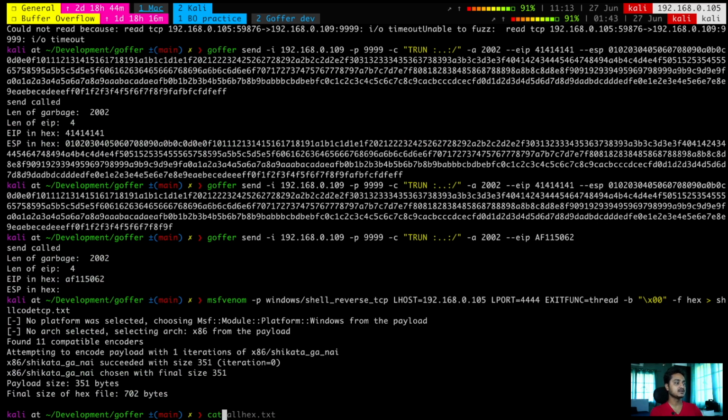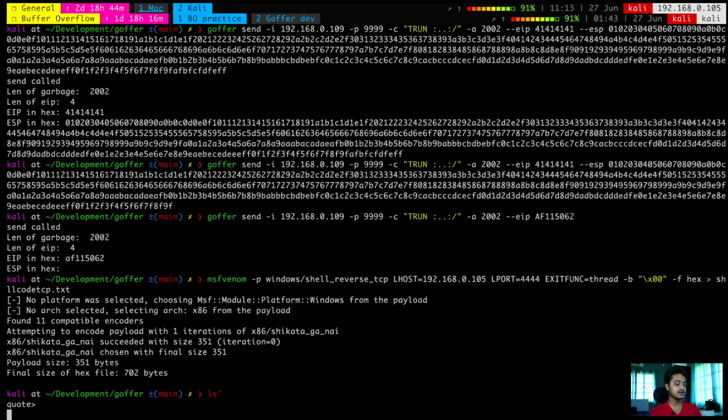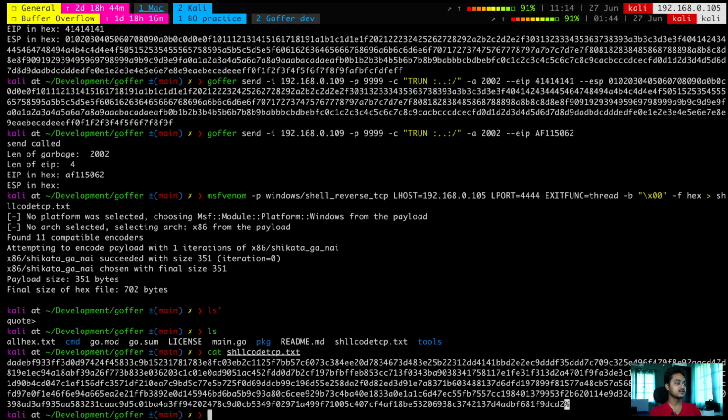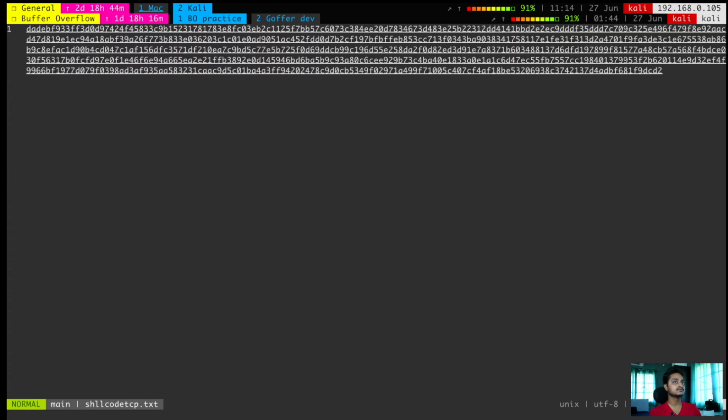Let us see what is there in this file. Cat. Okay, so this is the file. Let us copy it.